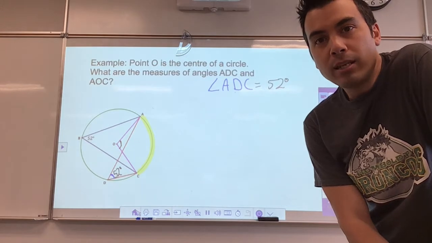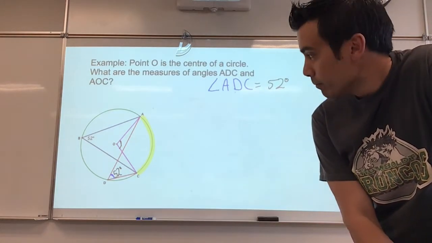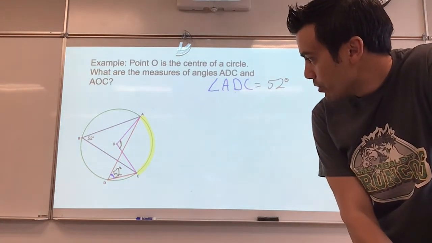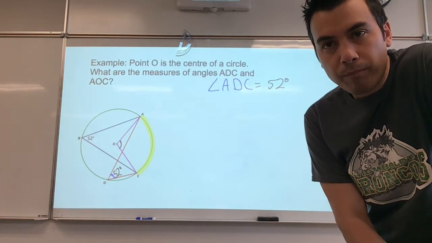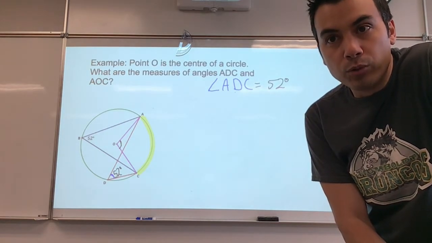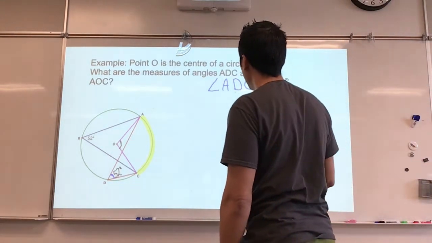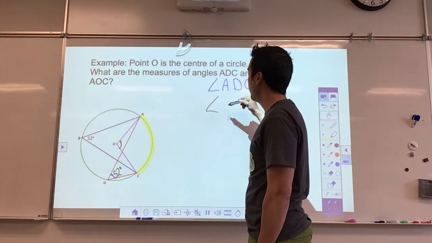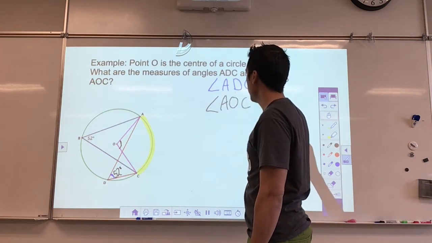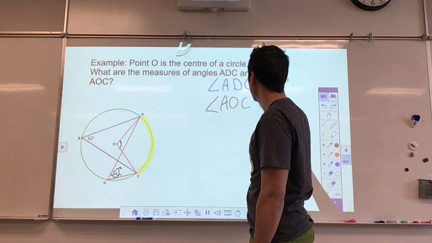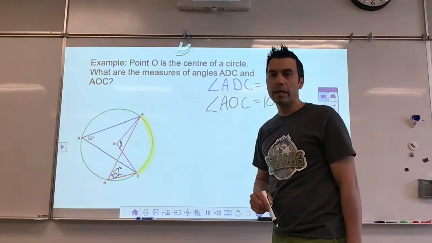So I'm going to go back to the idea that the central angle is double the inscribed. I know that both inscribed angles are 52. Doesn't really matter which one I pick. So at this point, I'm going to double the 52. I'm going to take out Mr. Calci and punch in a 52. Then I'm going to punch in X and then a 2 and then equals. I got 104